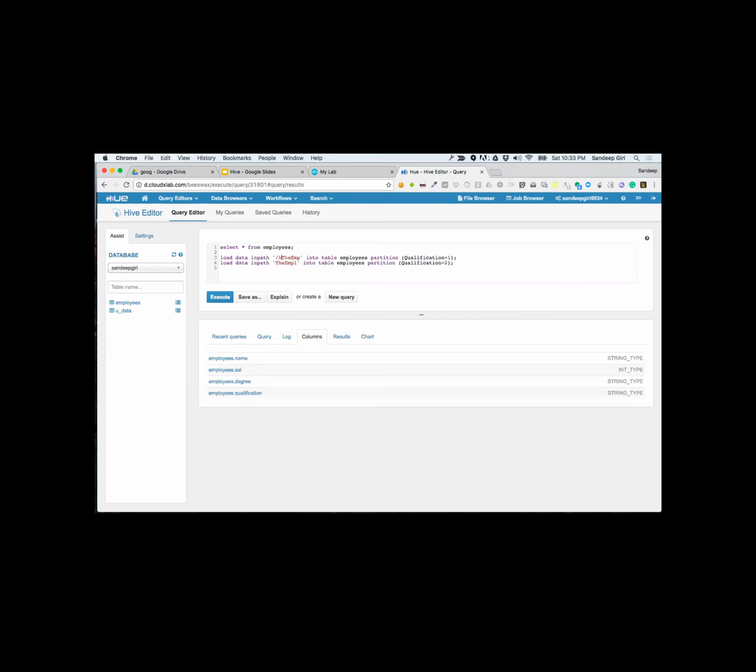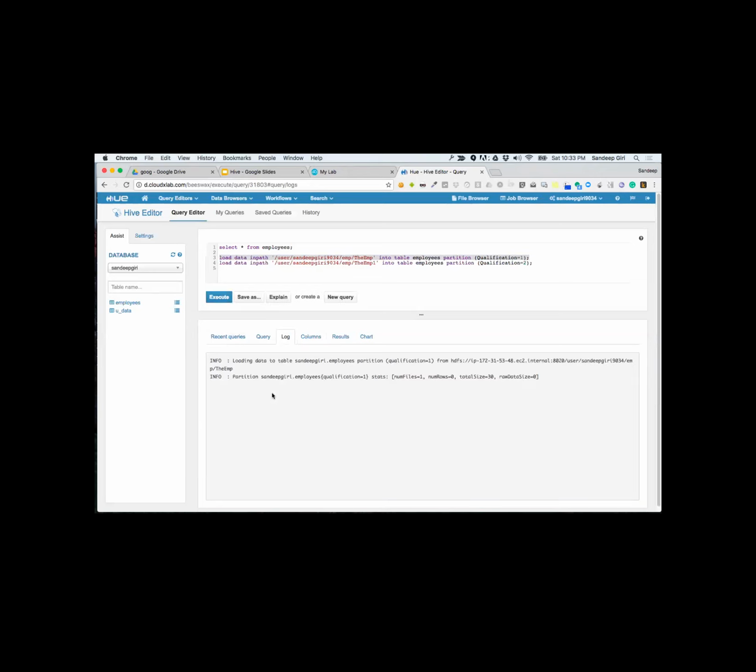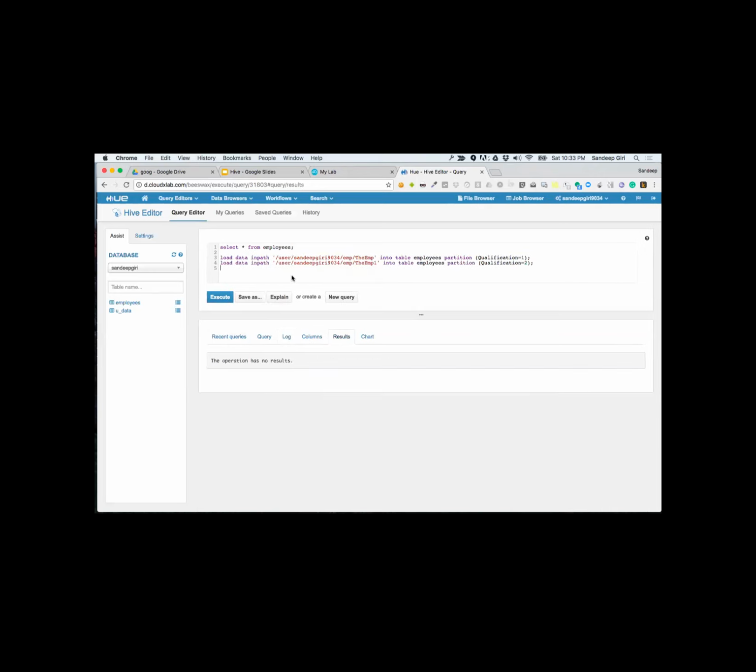I'm going to say user slash Sandeep Giri 9034 slash EMP. This is where our data got copied, right? I created a new folder and then uploaded the data in these files into this, right? Now I'm saying instead of directly copying the data into my destination folder of employees table, I am using the load command. Let's see if it works. Okay, let's see if there is something in this table.